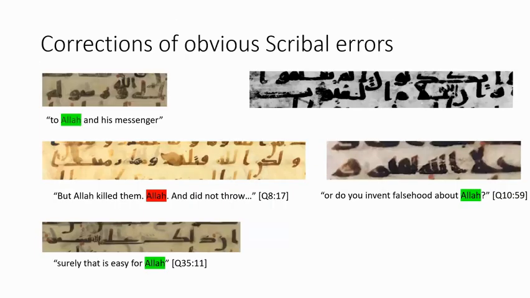Yeah. So I think if you are going to try and argue that there's something going on related to the word Allah, you should collect all the instances of Allah in a particular manuscript and do this for all the other manuscripts as well, and see if there's a lot of corrections related to the word Allah. If you see 5 corrections, that's a lot. Even though the word occurs like 1,000 times, if you see 5, that's still quite a lot. But if you see like 1 or 2, I don't think that's a lot.